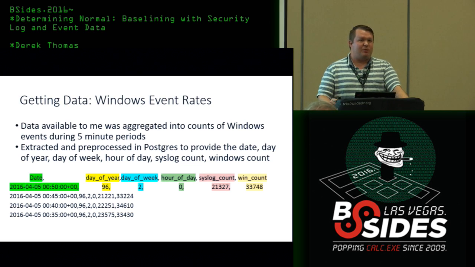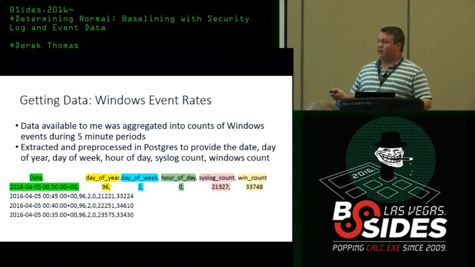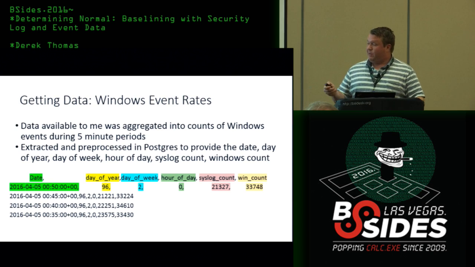Are we going to be comparing specific hours of weekdays? Are we going to be comparing full days against all Mondays? Or are we going to be comparing weekdays to other weekdays? Those are things that we're going to find out. But basically, the data is all just a comma-separated format with integer quantities for event rates.